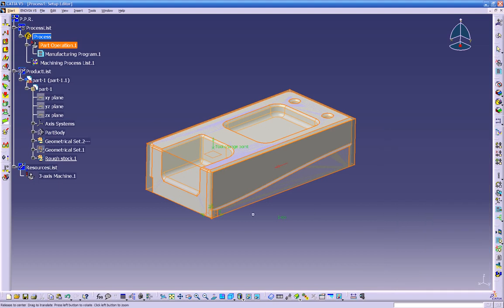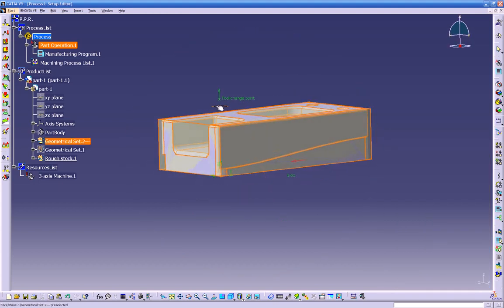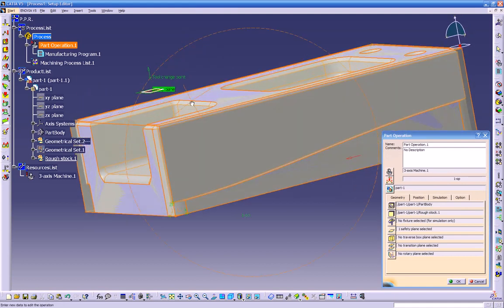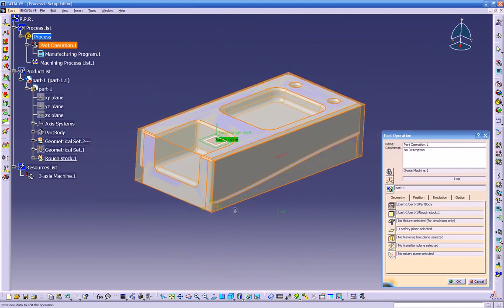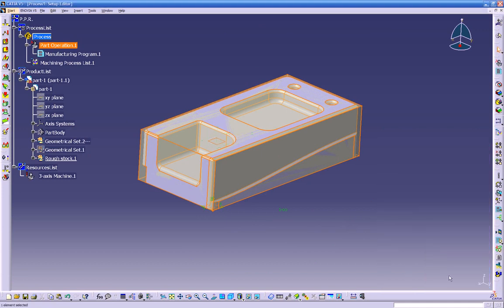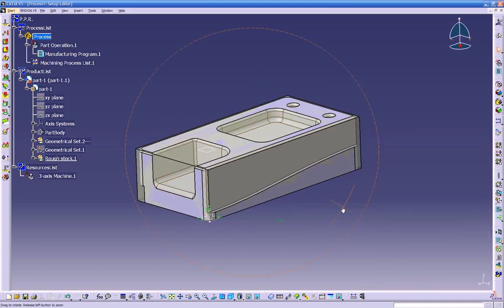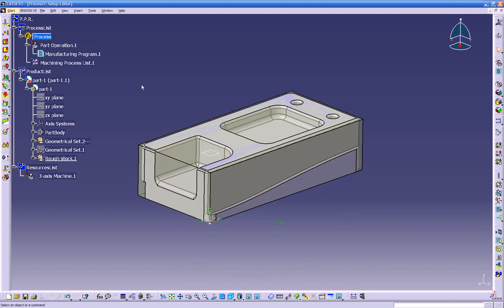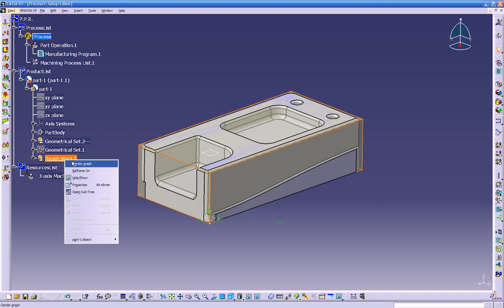Let's create now, let's select our plane. This is going to be our clearance. So see, it says right here safety plane, and just hit OK. So now we got the machine part operation set up. Let's turn this off a little bit,